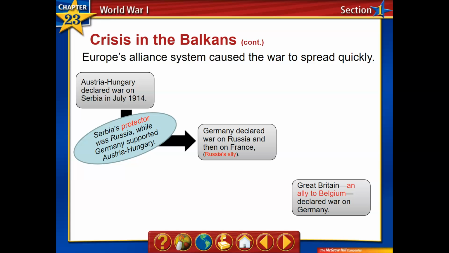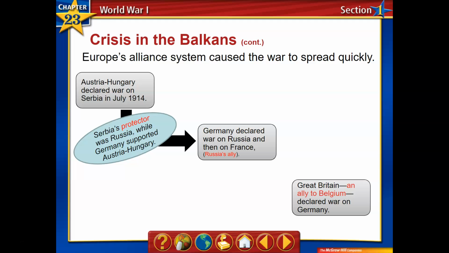Now, likewise, they're going to declare war on France because they know that France is an ally of Russia. And, of course, then France is going to fight and declare war on Germany. Now, Germany has kind of two choices. They can go directly to the French border. That would be predominantly the southern border. Or they can try to catch the French off guard by going through Belgium.